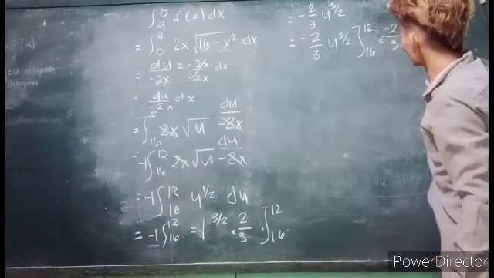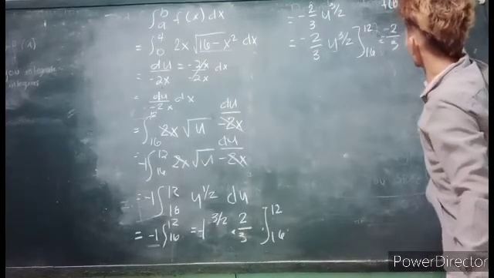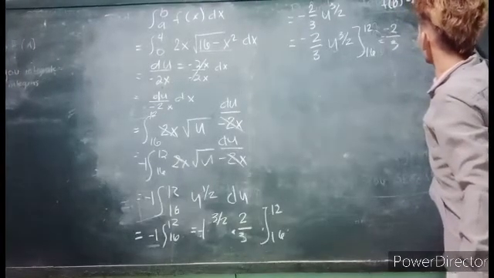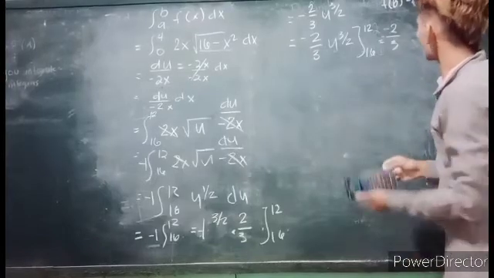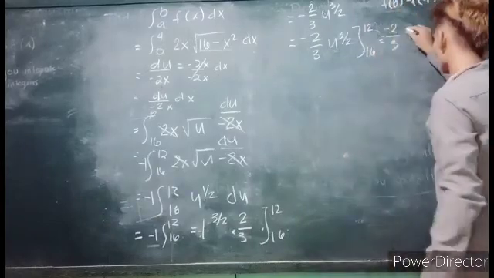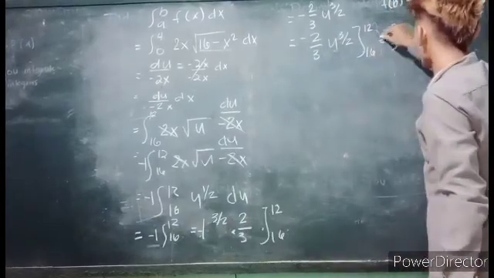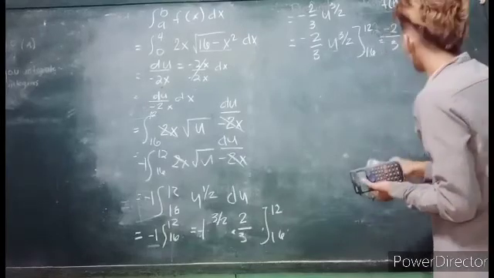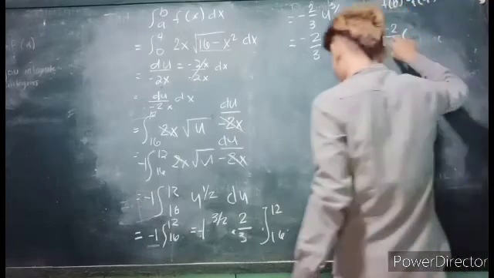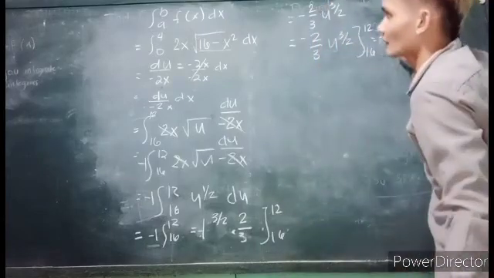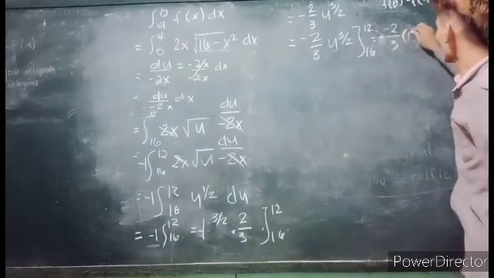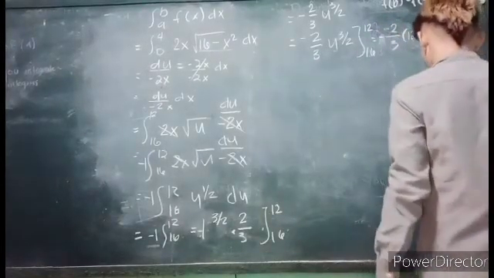So this we need to apply f of b, then f of a. Next, what is next? Negative 2/3. What is our b here? Our b is 12. Then our a here,